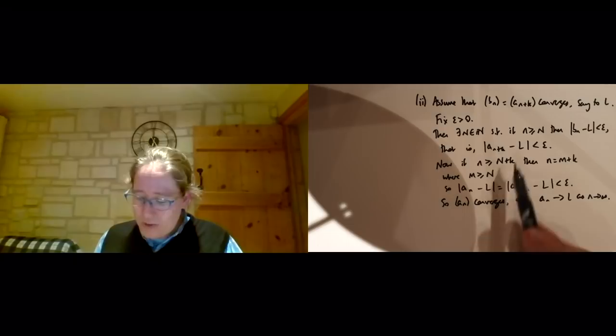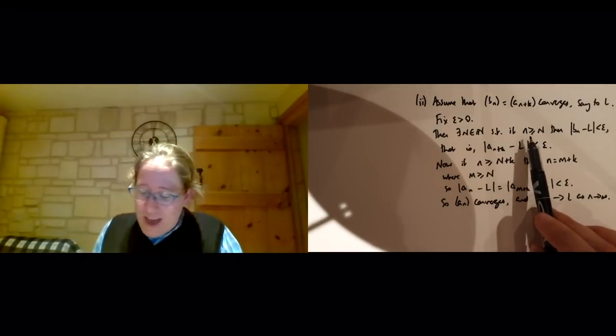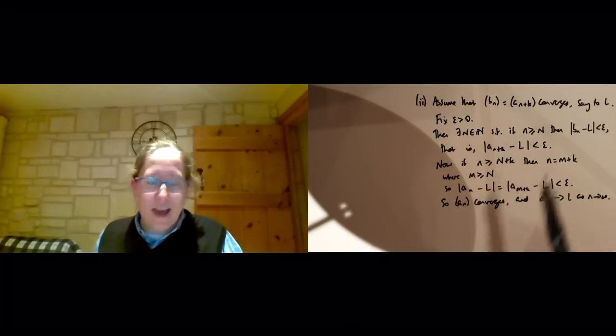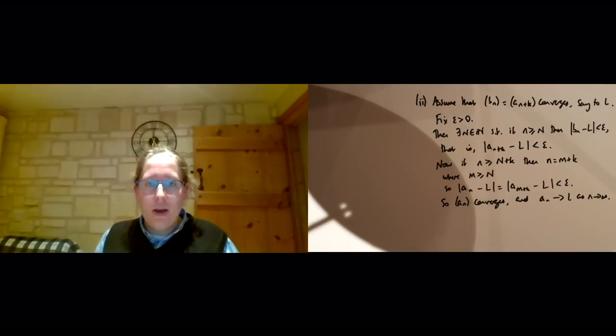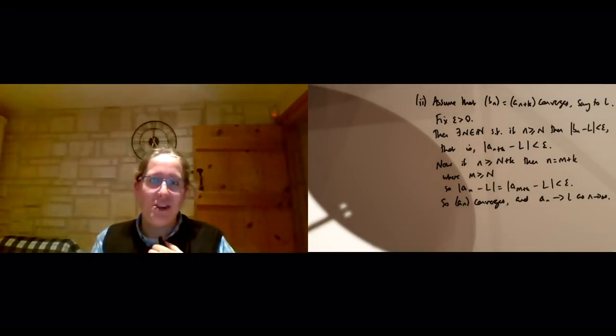So you might be wondering why I switched from n to m. Well, this is just a dummy variable, in the jargon. This is just saying if n is large enough, then something's true. Well, we could call this little n m instead. It doesn't matter. So hopefully you can see how the formalism of this argument relates to the intuition that says these are really the same sequences. They've got the same terms in the region that we're talking about.